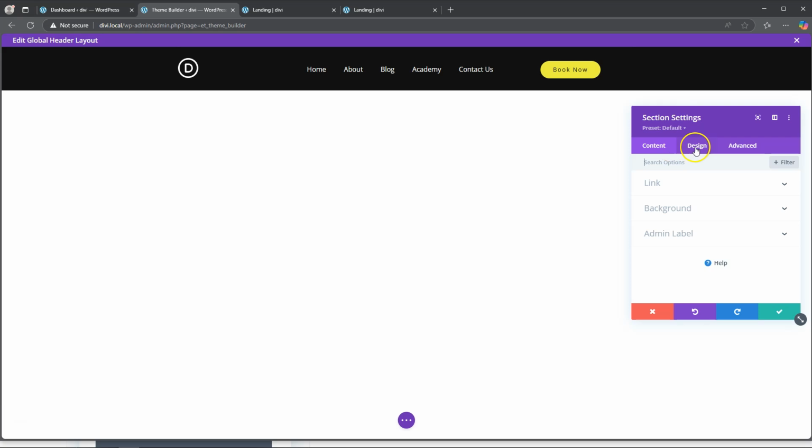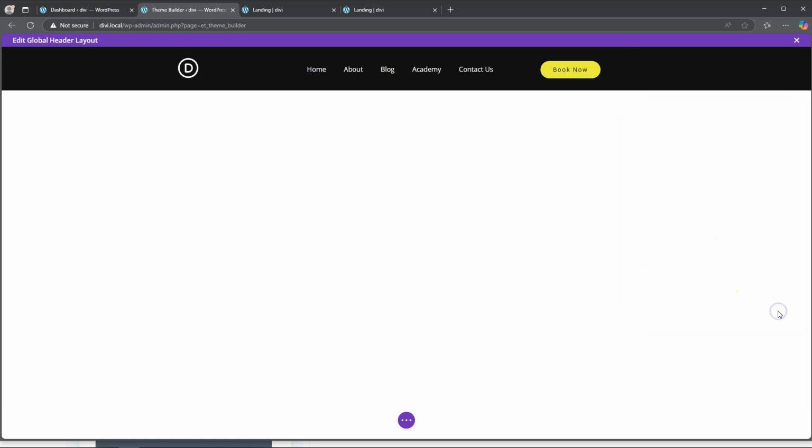Now, in the section settings, we want to go to Advanced and then scroll down to Position. At Position, we want to change it from Relative to Fixed. And that's it. Done. All right, and then the video's over. No, not quite. There's a few more things that we need to do. But if we save this, and we save,